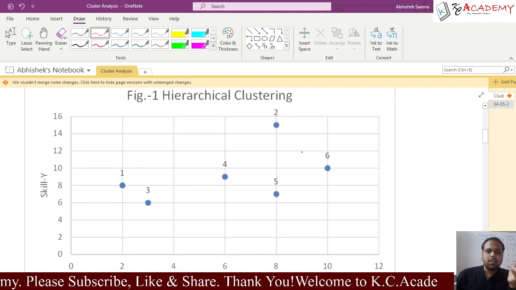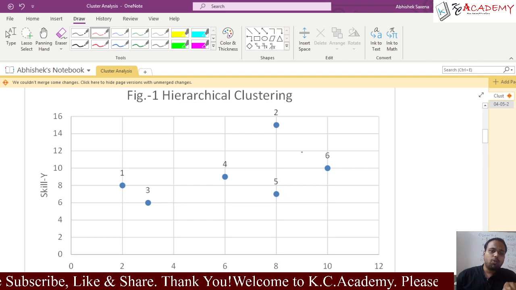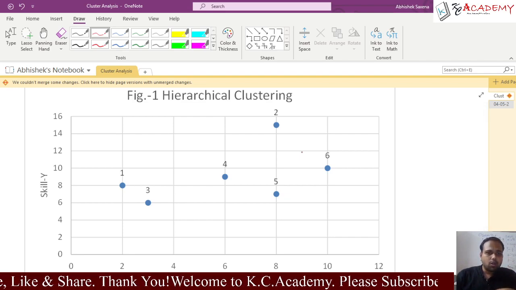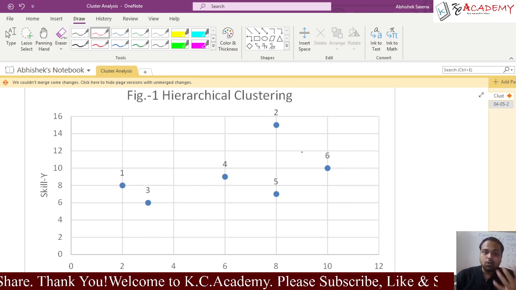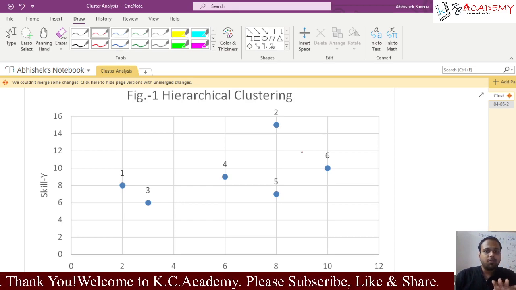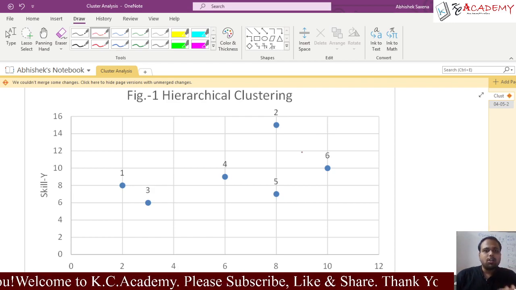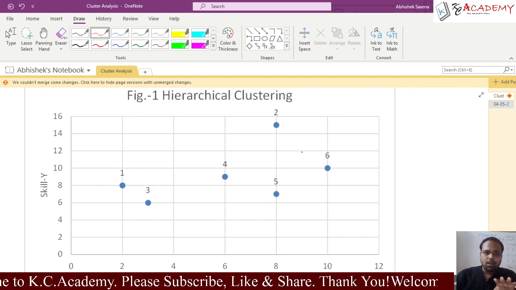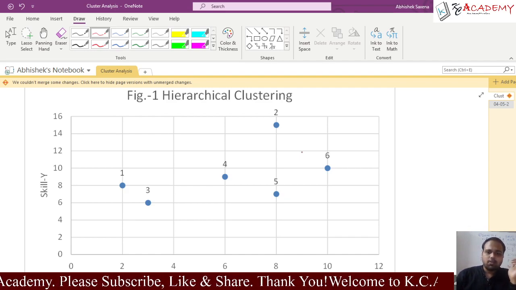I have already made the graph. So in the first step, you have to plot the graph. Again, one more important thing is that in this question we are solving with 2 axes, a graph of 2 axes. More than 2 axes would be complicated to draw in a notebook, but we can draw those using computers and software. But for us, this 2 axis plot is important for this question.